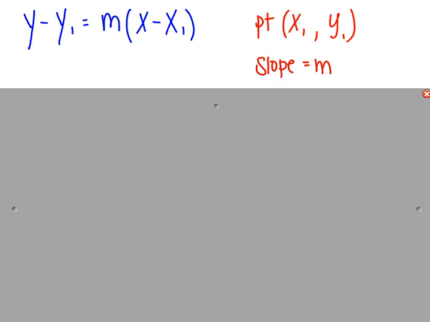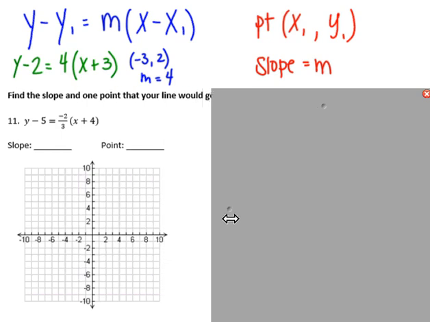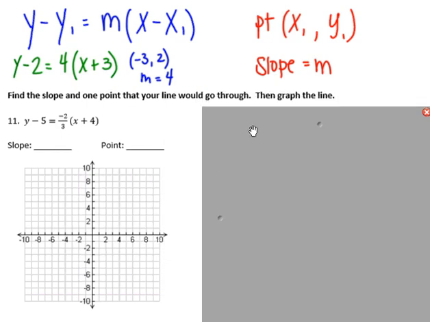Okay, so for example, if I had something like y minus 2 equals 4 times the quantity x plus 3, this is actually going to go through the point negative 3, 2, and your slope is going to be 4. So first, let's practice graphing something given to you in point slope form. So we're going to first find the slope and the point that the line would go through, and then we're